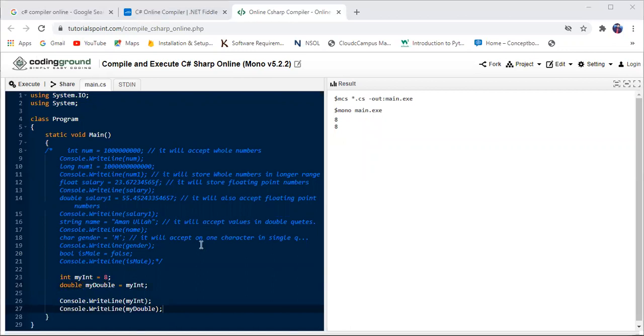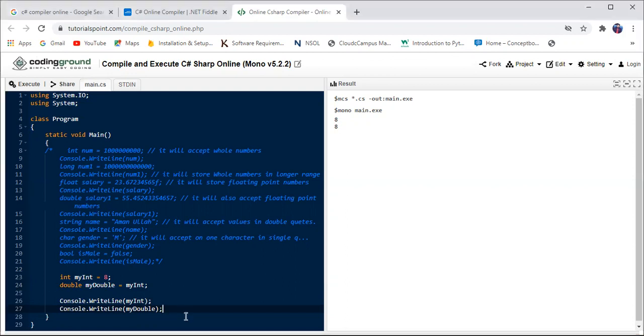What is explicit typecasting? Explicit typecasting must be done manually by placing the data type in parentheses in front of the value. For example, let's check an example. Right here I am creating a double type variable.